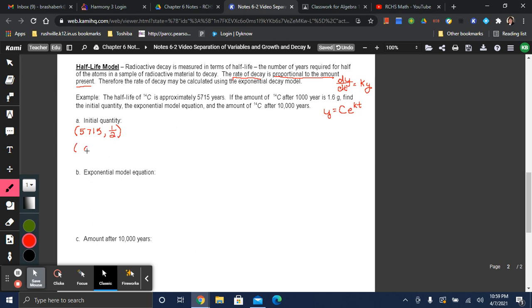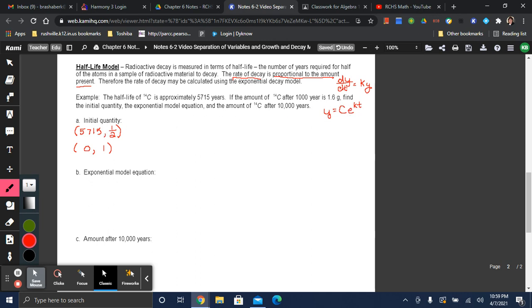Then that means at time 0, all of it would be there. You can make this number whatever you want and then just double it at time 0. But we'll need that information to help us